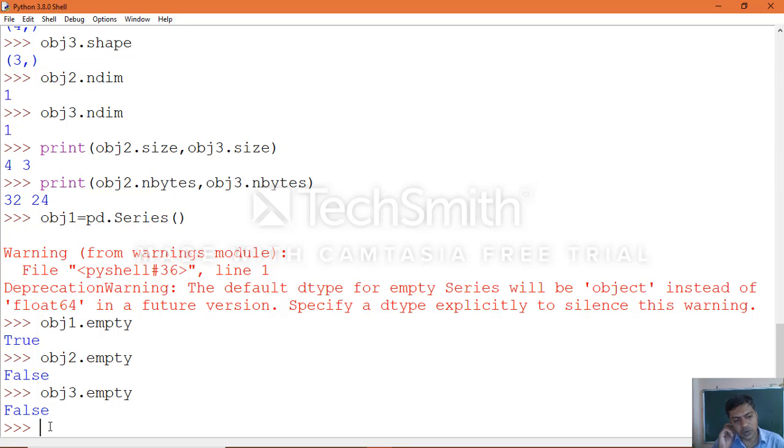There are other attributes you can check, that is length and count. Length gives the total number of elements, including NaN values. The count function gives the number of elements other than NaN values. Let's see how we can work with that.